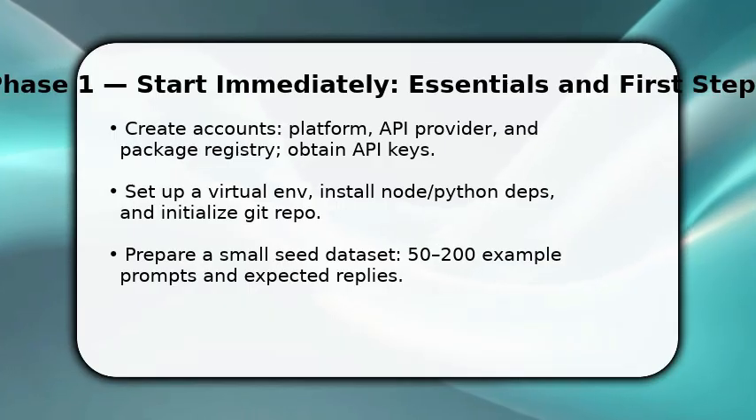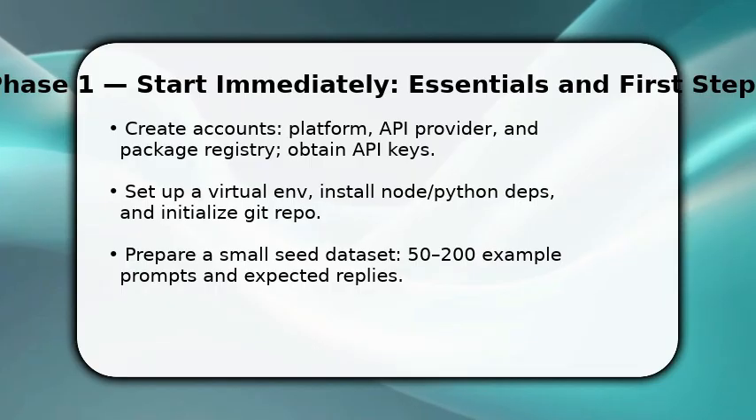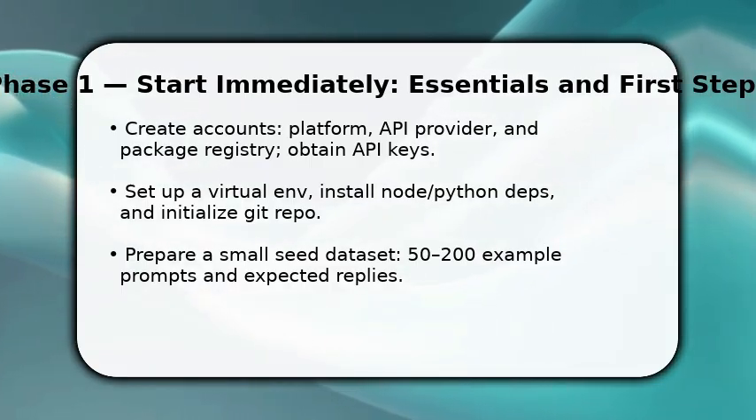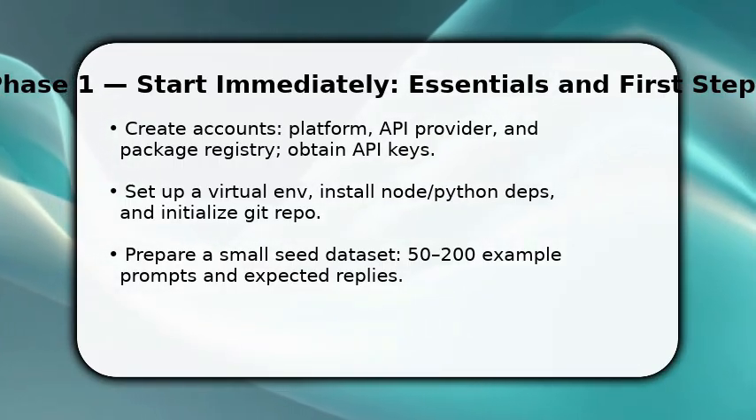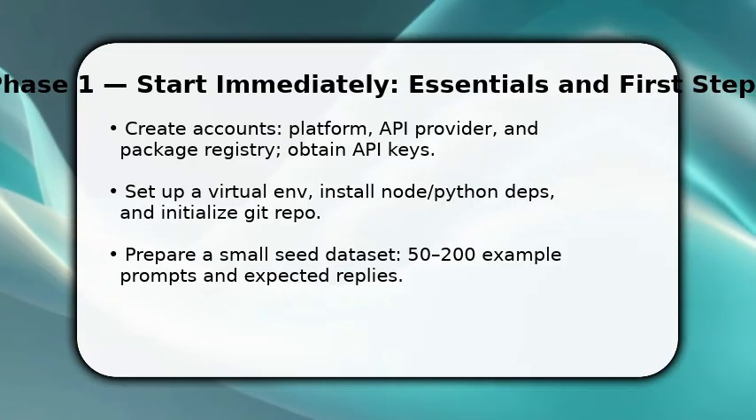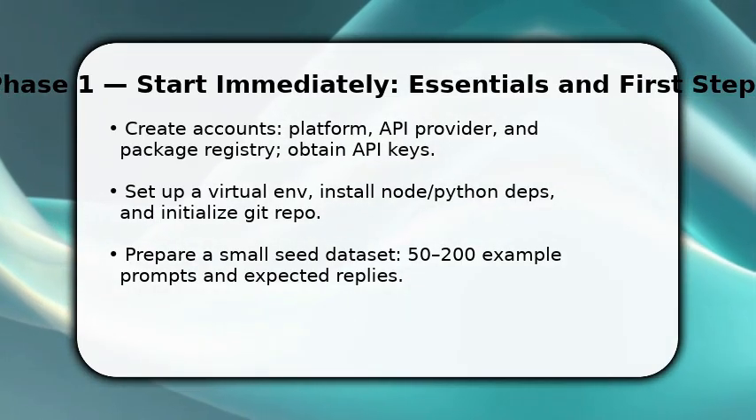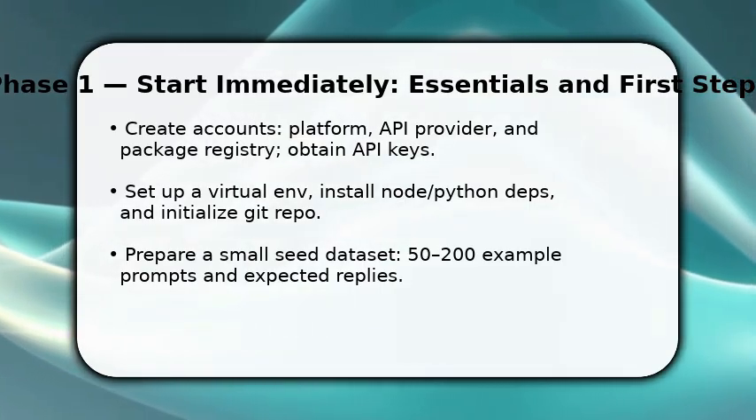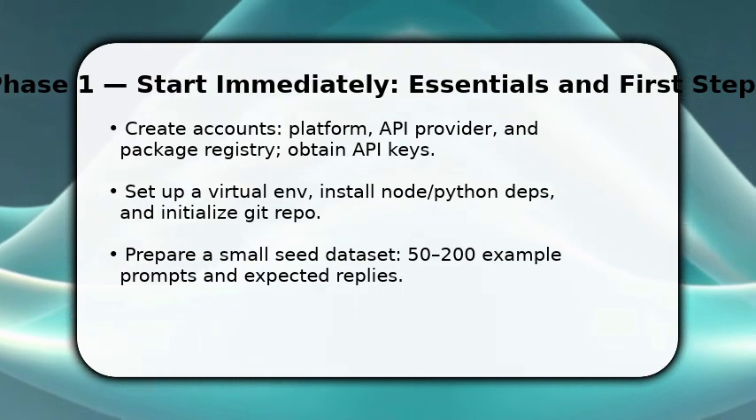You begin by getting essentials in place so you can move fast. Create your platform and API accounts, copy the API keys into a secure env file, and initialize a project repo. Next, set up a virtual environment and install the libraries you need, then scaffold a minimal bot process that accepts input and returns a canned response. Once done, add a small seed dataset, 50 to 200 prompt response pairs, so you have material to iterate on